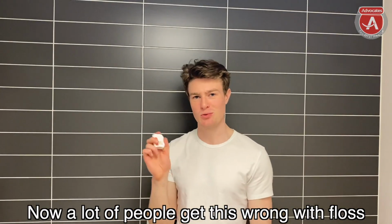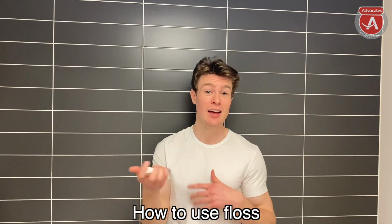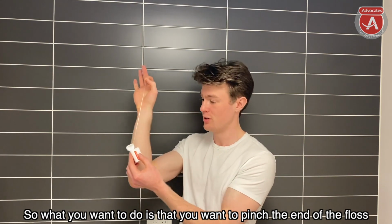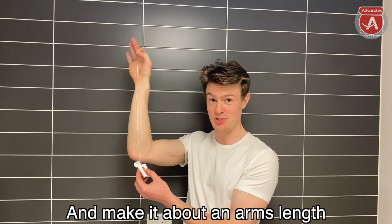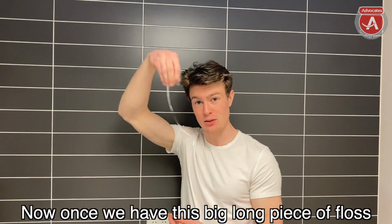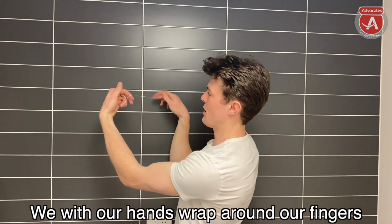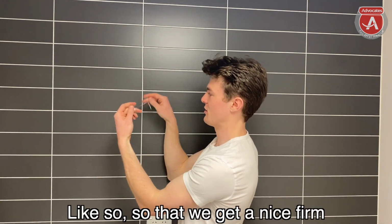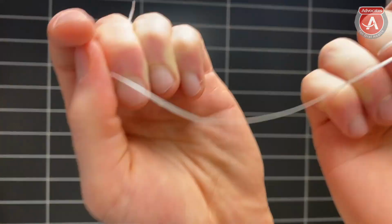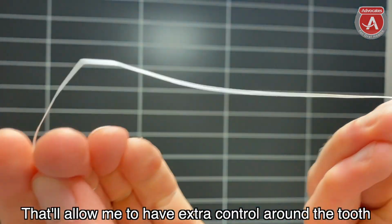Now, a lot of people get this wrong with floss. I'm going to clarify things for you. This is the way that Colgate recommends how to use floss. So what you want to do is pinch the end of the floss and make it about an arm's length. We want that much floss. Now, once we have this big long piece of floss, with our hands, we wrap it around our fingers like so, so that we get a nice firm thread. As you can see here, I've got quite a firm grip around my fingers that'll allow me to have extra control